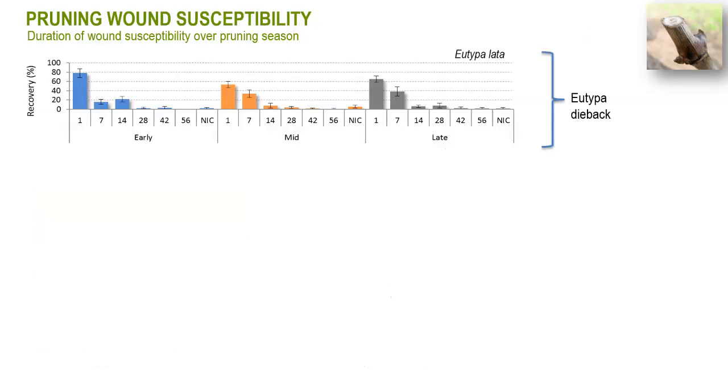Now, I'll just present the summary of the data that we got from this 3-year field trial. And this is for Eutypa lata. So just to quickly explain these graphs, those bars represent the number of pruning wounds, or the percent pruning wounds, where we were able to recover Eutypa lata. And here you can see